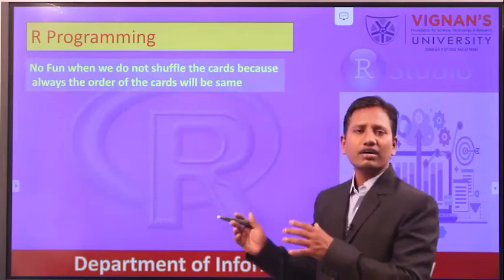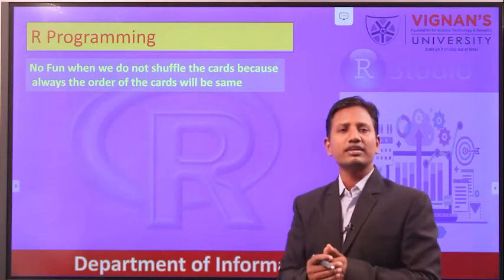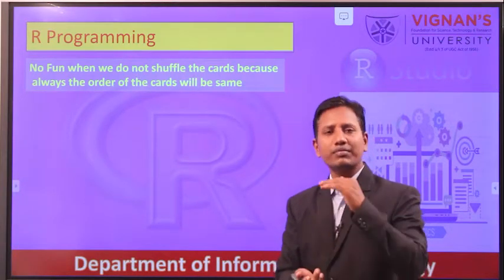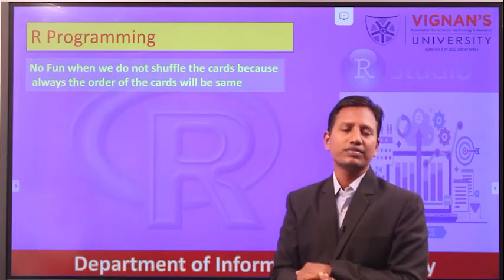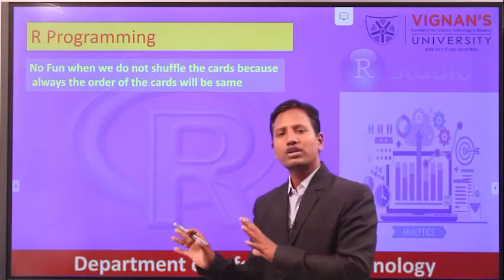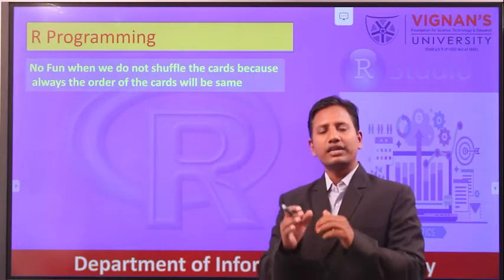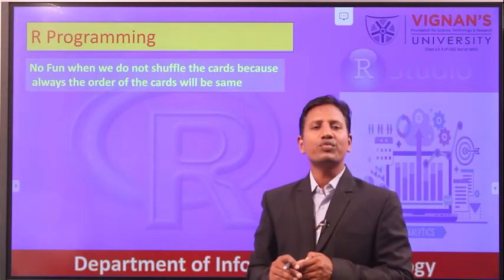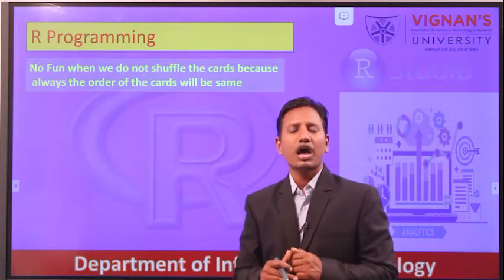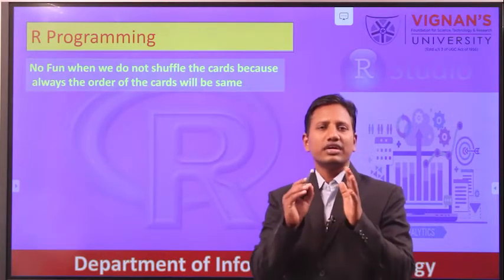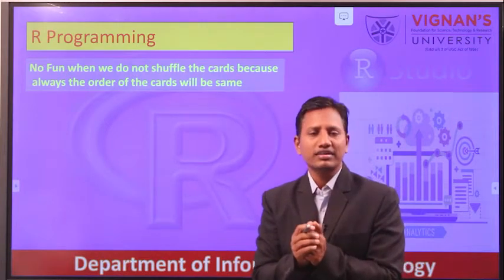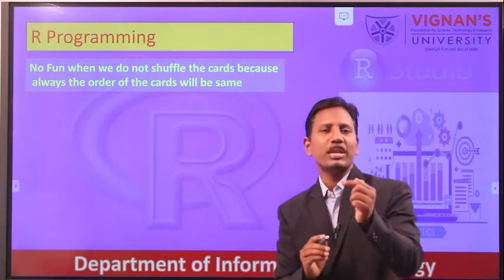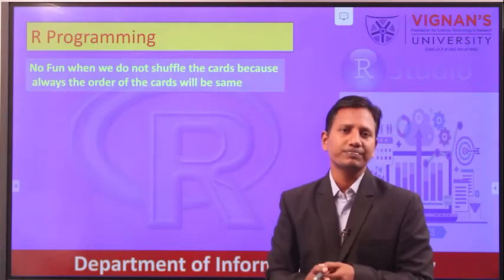Now when we come to our task, we have to select one particular row. Of course, randomly we wanted to select one card. Till now we got 52 cards, and these 52 cards we have loaded into our environment in the form of a data frame, and now we wanted to access one record. How can we access it? With the help of indexing we can select, but when we select a particular index, that index value is always going to be the same, it is not modified.